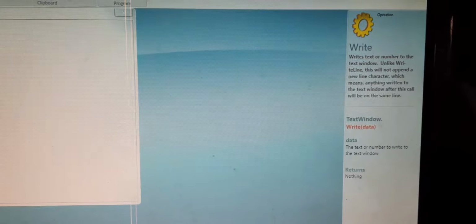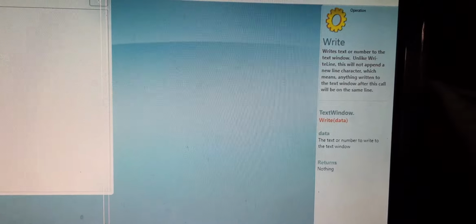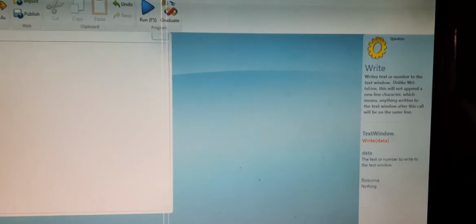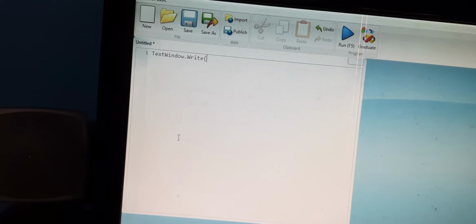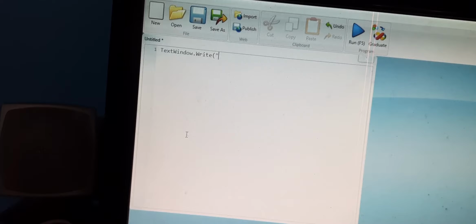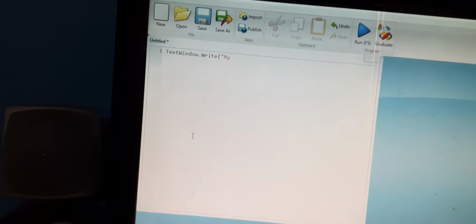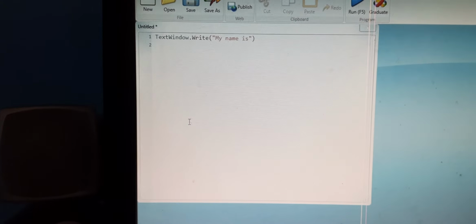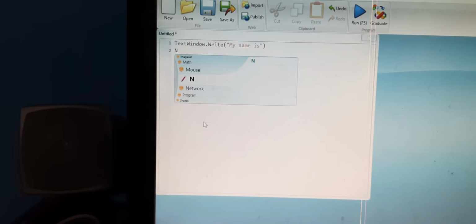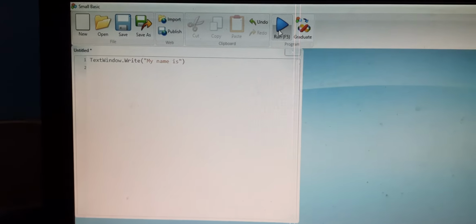And what is the help area? Look here, in the help area, whatever you will be writing in the editor, you can see the information in the help area, so you can learn everything from there. Okay, after that we have to open the first bracket and give the double inverted comma. The first program that we have done in the class is "My name is", because I want to display my name. Okay, and the bracket is closed. Now I am coming to the next line. Here you have to take the value of the name. Now see, if we write up to this only and we run the code, look, I am running it.